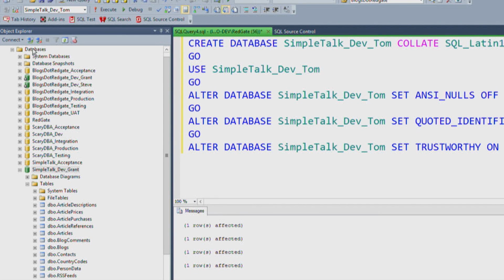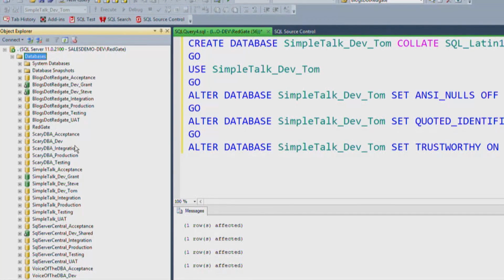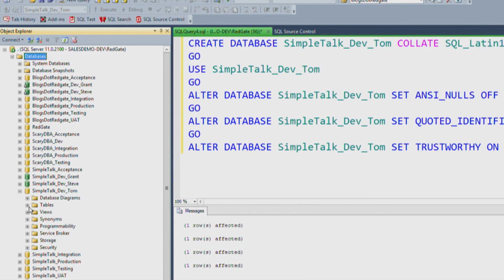And I'll do a quick refresh. And we can now see we've got this fresh, empty database, nothing in it at the moment, ready for us to work with. Now, to link this up to our existing source control repository, all I'm going to do first of all